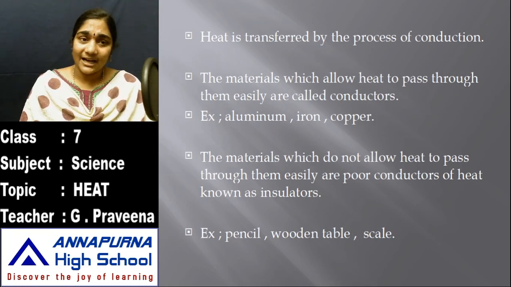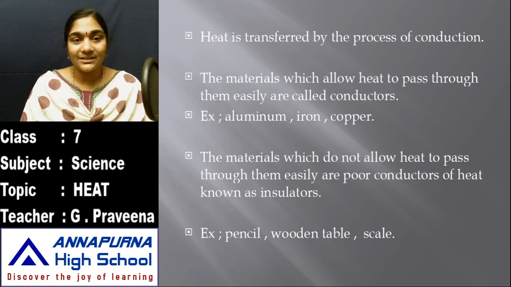Then, do all materials allow the heat to pass through them easily? For this activity, you take a beaker full of water and try to add a few objects in it, such as a steel spoon, pencil, scale, or iron rod. Whatever objects are available to you, put them in water and try to heat it. Now you will find that a few objects are hot enough when you touch them, while some others are cool. In the sense, only a few objects are allowing the heat to pass through them, whereas other objects are not allowing the heat to pass through them.